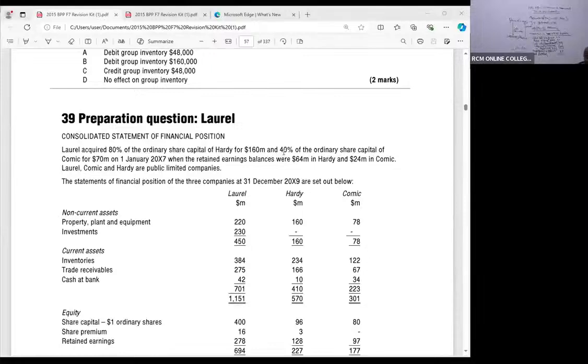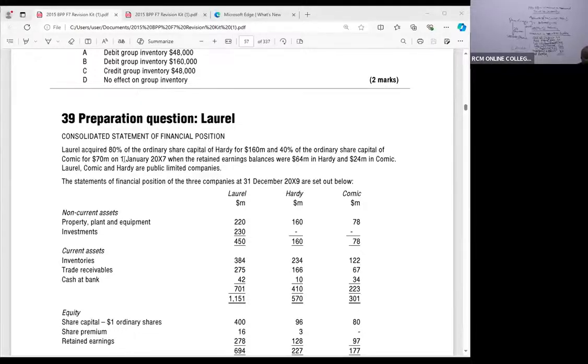And the 40% of the ordinary share capital of Comic. So 40%, please look at the ranges. So in this case here, Comic becomes who? Look at the ranges, 20 to 49.9999. So Comic becomes an associate. So when the retained earning balances were 64 in Hadi and 24 in Comic,